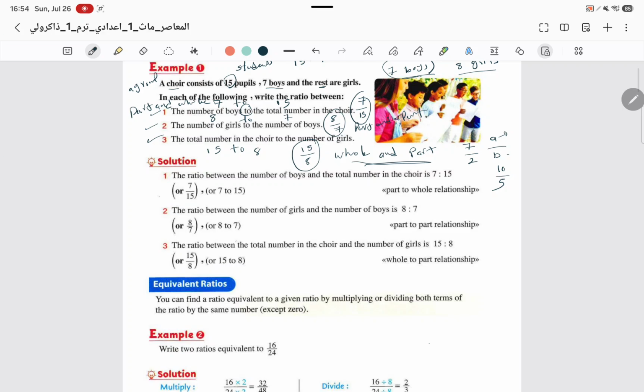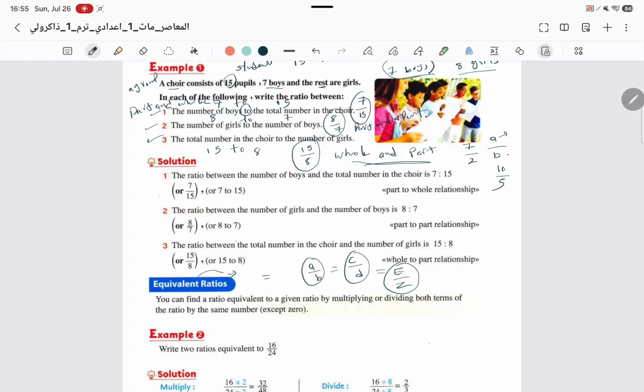After that, we will speak about equivalent ratios. What is the equivalent ratios? Equivalent means equal to each other. And ratios means a lot of ratios. We have A over B and C over D and E over Z, for example. And if these three ratios are equal to each other, it means we have here equivalent ratios. Okay,